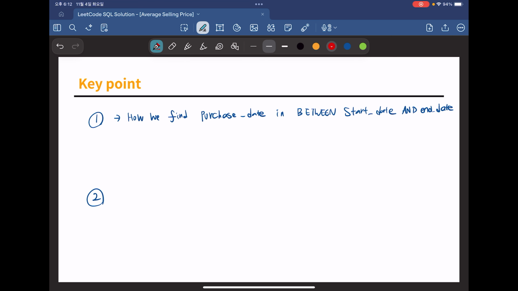What I learned is we can use join, and also we can connect the key using between